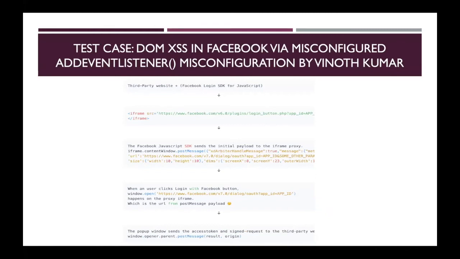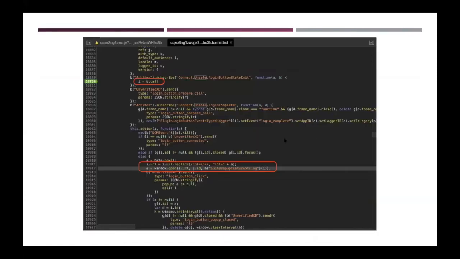applications. But while opening this window, Facebook was passing the postMessage value into the event listener, and they were using the window.open method. In that case, they were not validating the origin value in the addEventListener function.